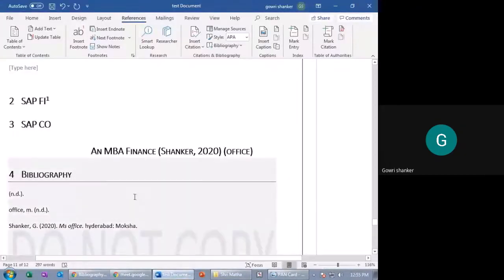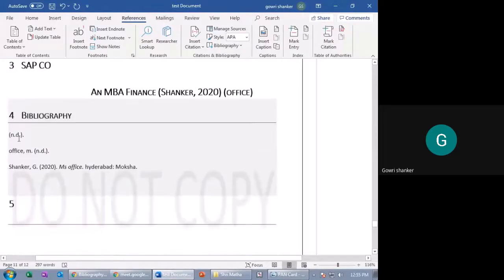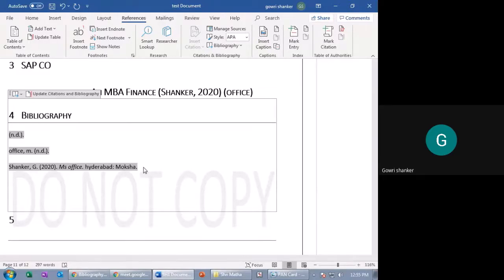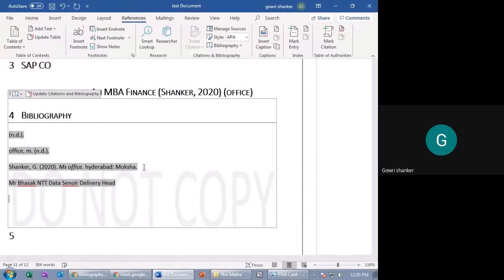Also here, see, this is a bibliography you are given, ND Office Shankar. This is only I selected. For example, if I want to add one more, for example, Mr. Bhaskar, entity data, senior delivery head. Oracle technical.